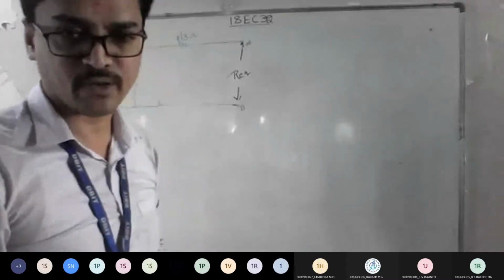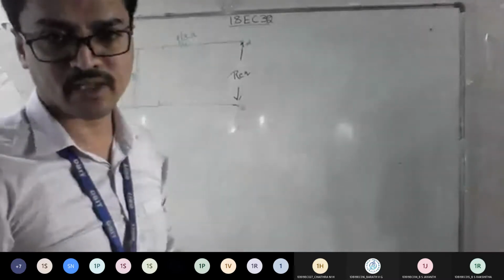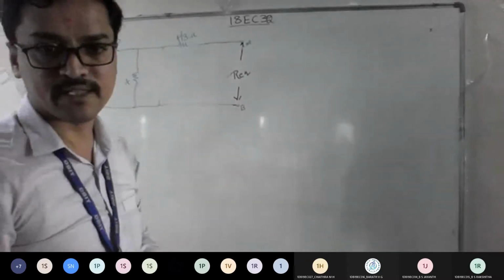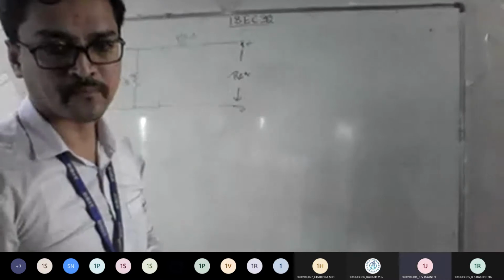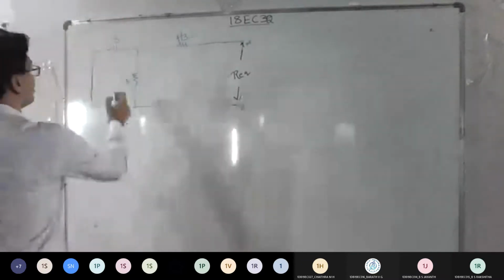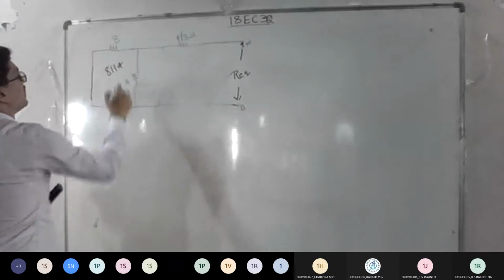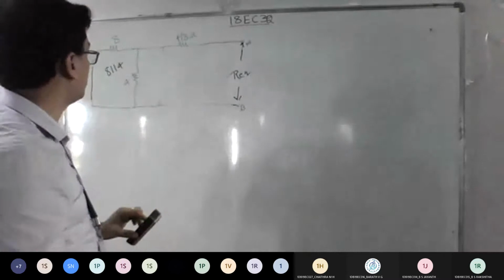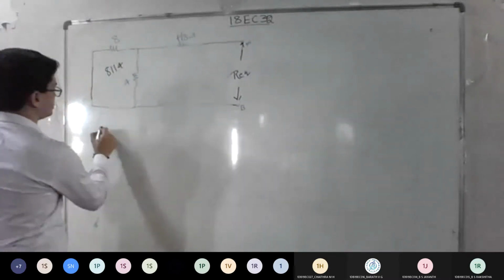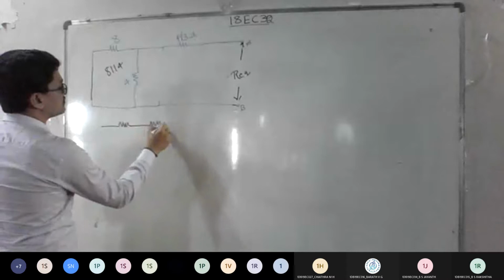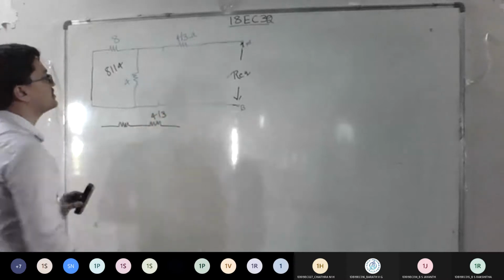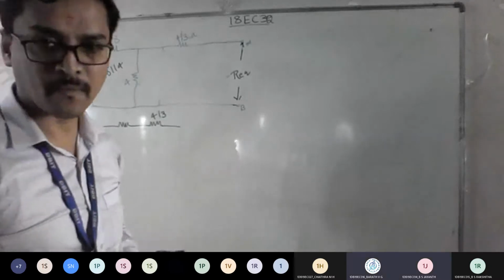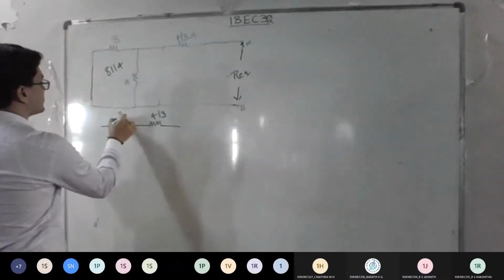So this is how the next circuit you should write. So after doing the short circuit and open circuit, the new circuit you should build. So that also carries some marks, right? So from this, what is happening for 8 and 4? Is it series or parallel here? Parallel, sir. So you take 8 and 4 parallel combination, and that answer will be in series with this 4/3 ohm resistor. What is the 8 and 4 parallel answer? How much is this 8 and 4 parallel answer? 2.667. Okay, so 2.66.